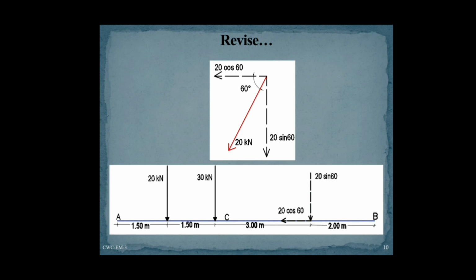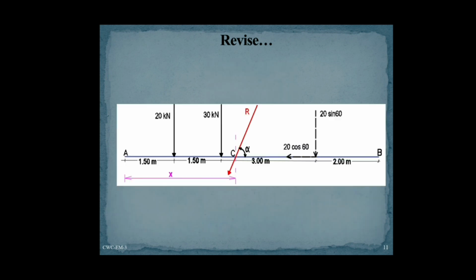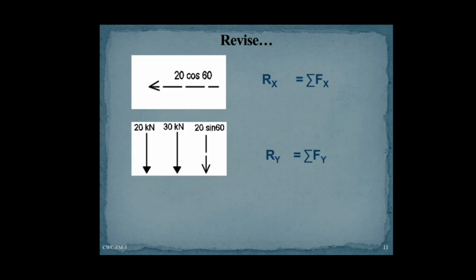Now we have to find the resultant, its magnitude R, direction alpha, and the point on the line of action x from A. So in order to find the resultant, we have to add up the horizontal forces together to get Rx and the vertical forces together to get Ry. So the magnitude will be equal to root of Rx square plus Ry square, and the direction alpha will be equal to tan inverse of sigma Fy by sigma Fx, or tan inverse Ry by Rx.